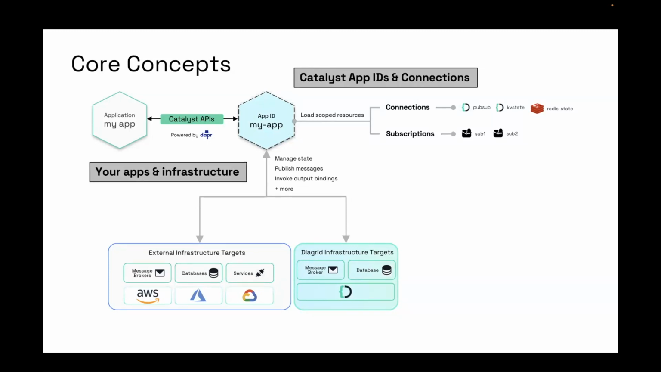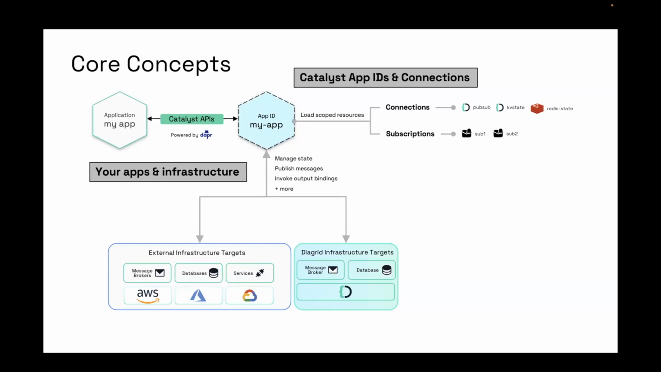And then I could also have an external connection to Redis running in Azure, for example. And as long as I've scoped my application ID to have access to these connections, I will be able to use those from my external application called my app. And then in addition, we'll have some other resources that are potentially loaded by an app ID, for example, subscriptions,